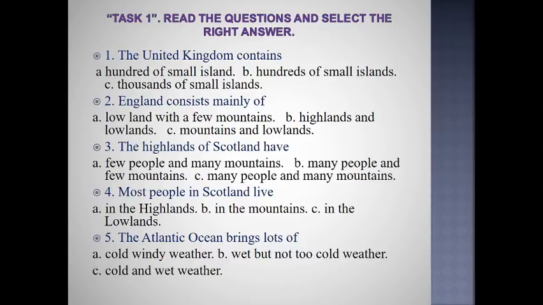If you read the text attentively, you will answer the question rightly. The first, the United Kingdom contains